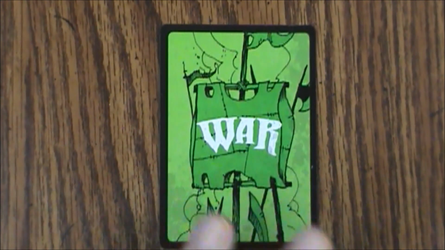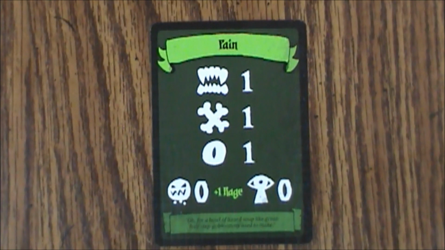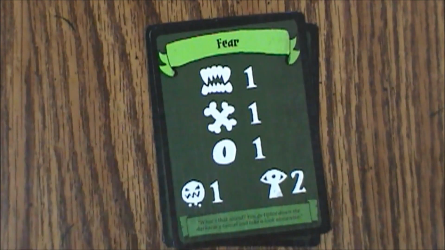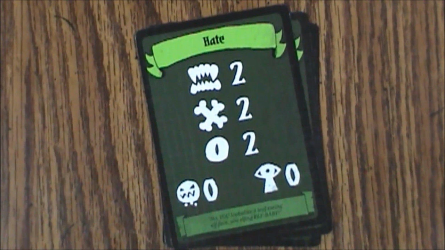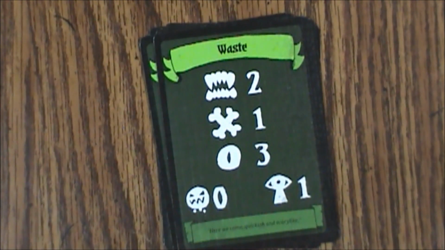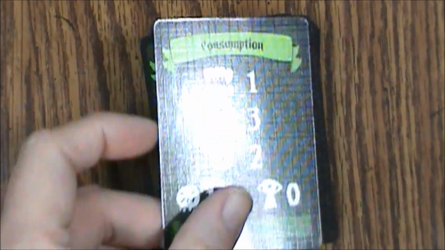Alright. And that's those. Then we have what are called the war cards. Looks like there's 10 of these. And we've got Pain, Desperation, Fear, Hate, Ruin, Waste, Desolation, Consumption,